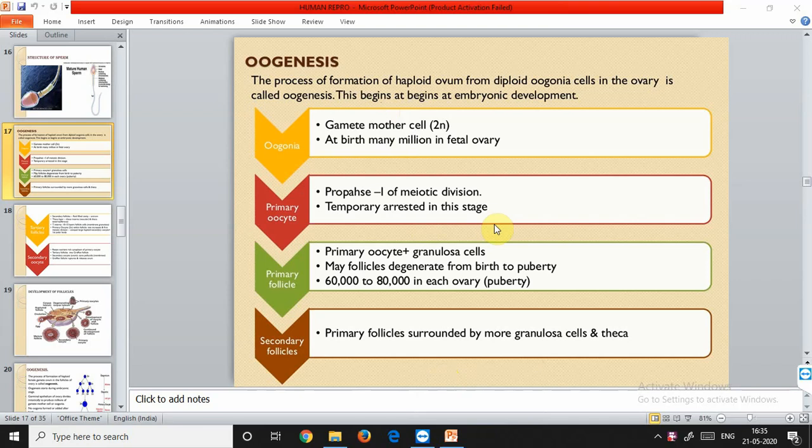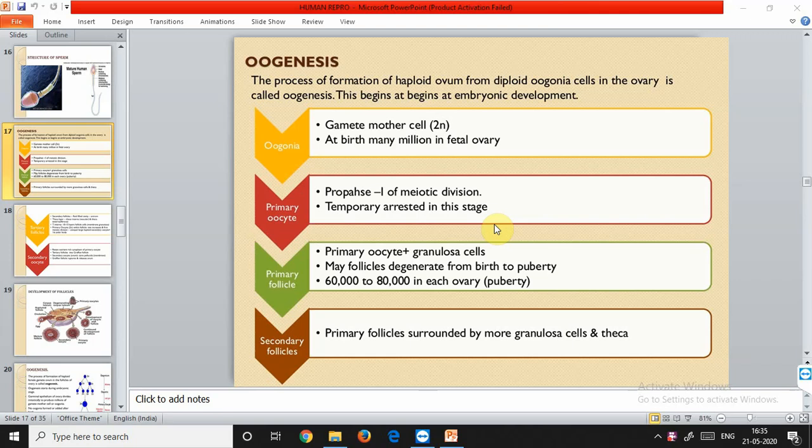In the maturation phase, the primary oocyte that was formed in the multiplicative phase undergoes two successive divisions by meiosis. Successive means one after another. So the first division is meiosis 1, and two unequal daughter cells are produced in this division. The larger is called the secondary oocyte. This contains a haploid set of chromosomes and the entire amount of cytoplasm, and the smaller one is called the first polar body or the polocyte.